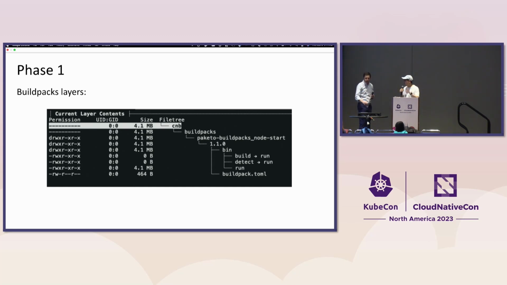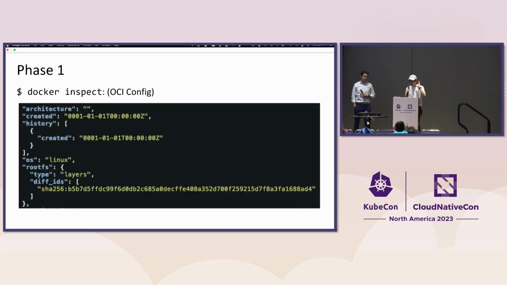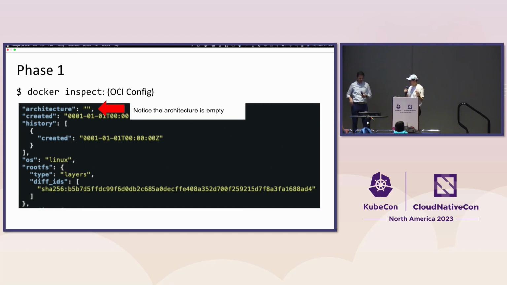And so if we take one of these things, this is the blowout of what that looks like. This is an OCI image with the Buildpack layer, and it's pretty simple. It has configuration and then the build and detect that you need to actually execute the Buildpack itself. And then if we do a Docker inspect and inspect the OCI image config, you'll notice that the architecture itself is empty. So it isn't architecture dependent, which makes it difficult